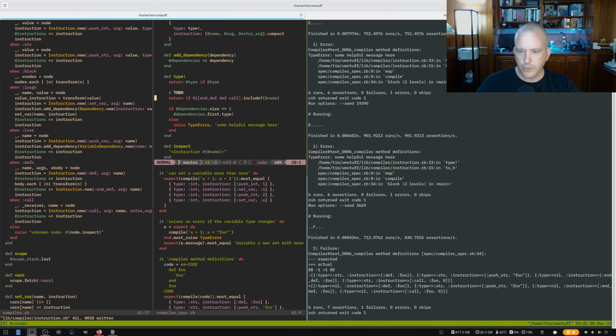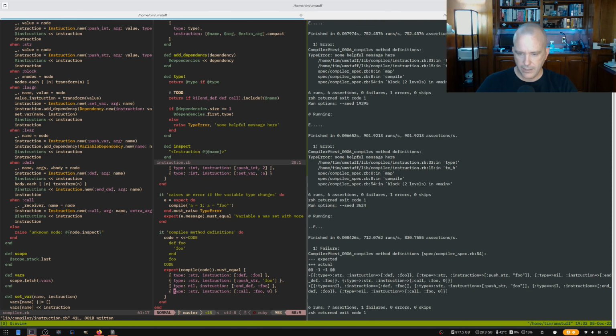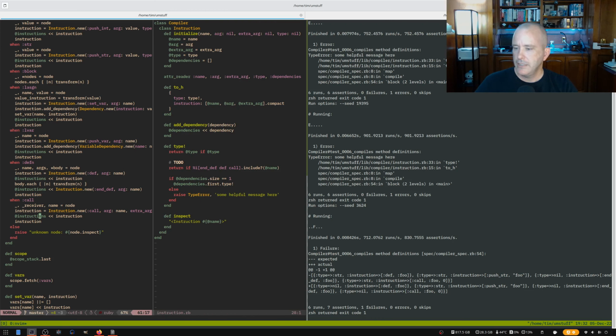So exactly what we would expect to be missing are the types for this instruction and the type for this instruction. End def, I think, could always be nil. I don't think that the type matters on this one. So I'm going to leave this pane open, and this pane can probably close for now. And then back over here. So for the def